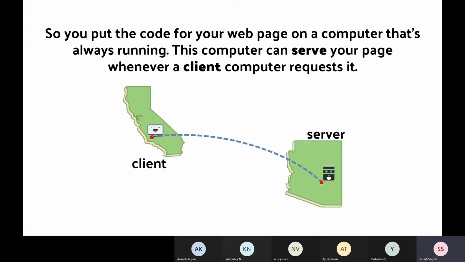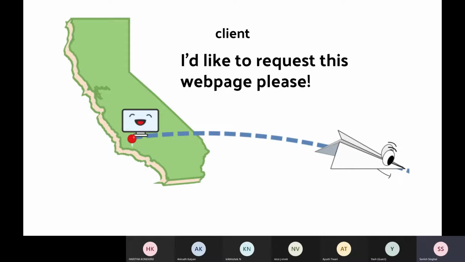Basically, he will upload the code to the server, which is a computer that is always running. There is a client computer that will request the code from the server. The server will serve the code, and the client gets what he asked for. Suppose you want to search on Amazon.com. First you enter the URL amazon.com, and you send the request to the server. Servers are computers that are always running, and that computer sends you what you have searched for.